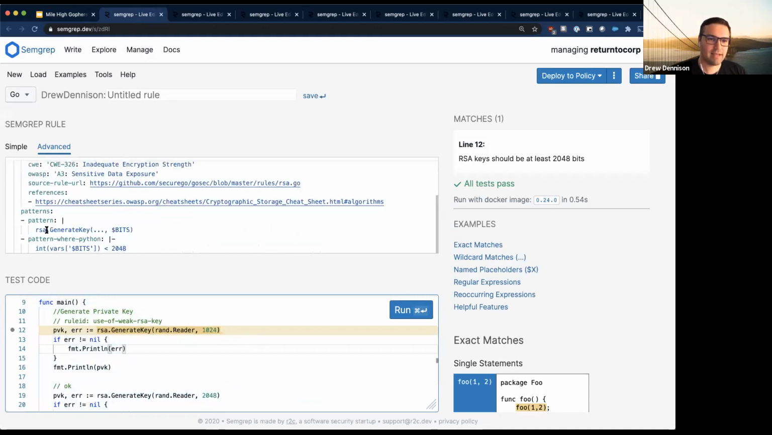So we're looking for RSA.generate key with any number of arguments, and then we're grabbing that last argument, which is the number of bits for the key, putting that in a variable, and then I'm just doing a little bit of Python here to grab it, convert it to an integer, and check to see if it's less than 2048. But you could do multi-line Python, import other functions, use random string entropy libraries to look for hard-coded